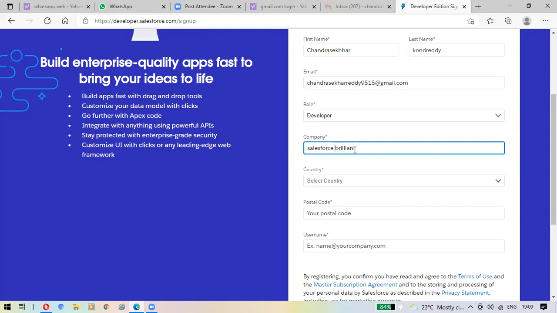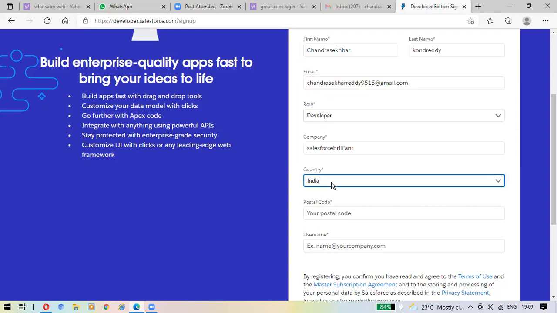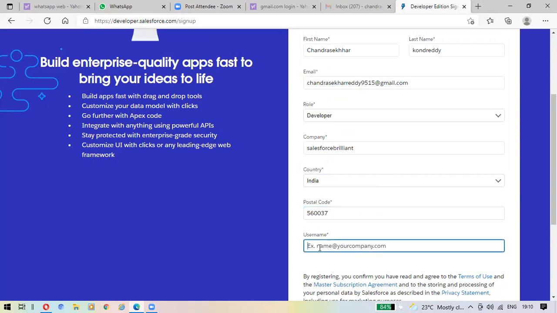Next, country, India. Go down and select it. Postal code, something you give, 560037. Anything is fine, your wish. And come to username. There again you enter your mail ID.